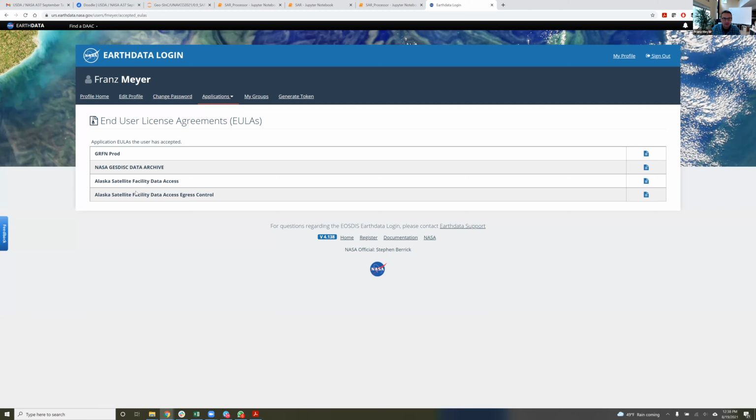And then the ASF items that are also license agreements that I signed. So those are the ones that I need fairly regularly and get me through most of the stuff that I want to do. Okay, yeah.